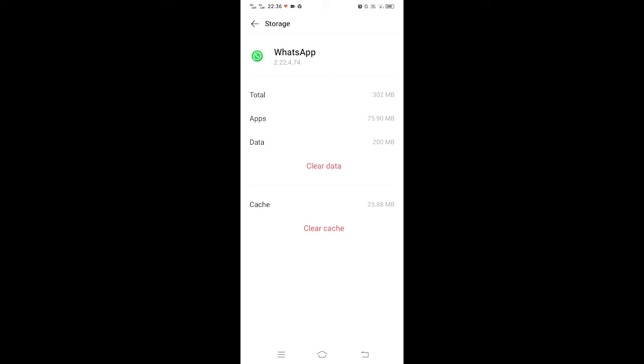and in internal storage click on clear data and clear all data. It's going to restore WhatsApp. And if it still does not fix it,